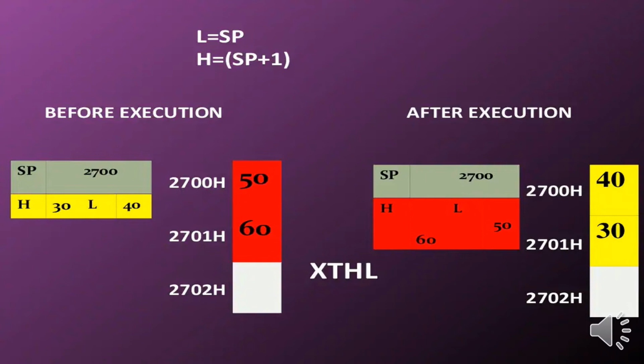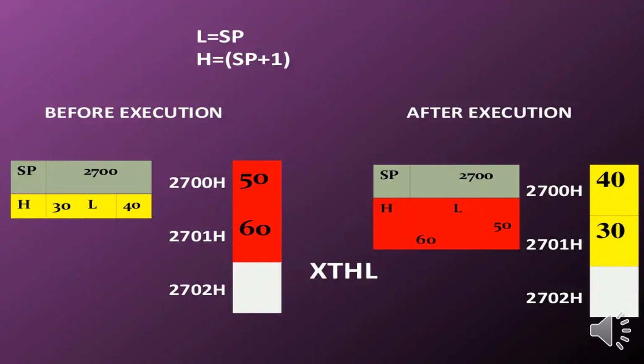Before the execution, L equals the content at SP and H equals the content at SP plus 1. Before the execution, the SP value is 2700 and HL is 3040. For example, memory location 2700 holds 50 and 2701 holds 60, so the stack pointer loads the address with the value 5060. After the execution of XTHL,